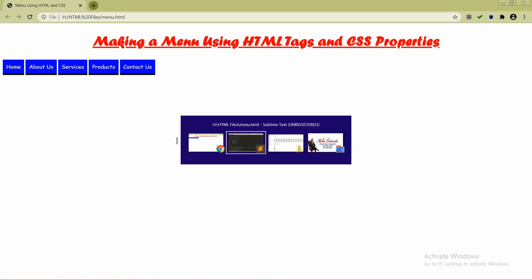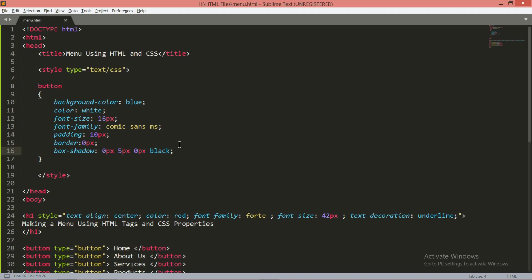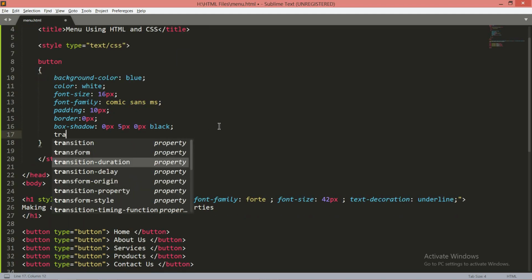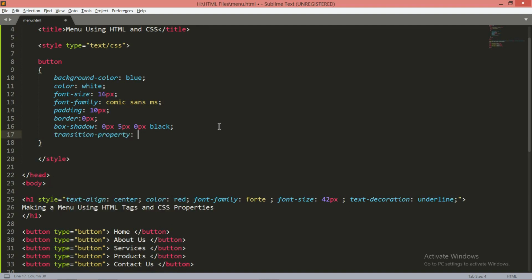Whenever you want to animate any of the properties in CSS, we have a property that is transition. Transition hyphen property, I say let it be all. What it means? Transition property all means I want to animate all of the properties which I want to animate.